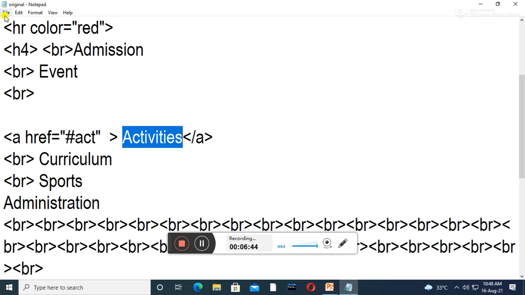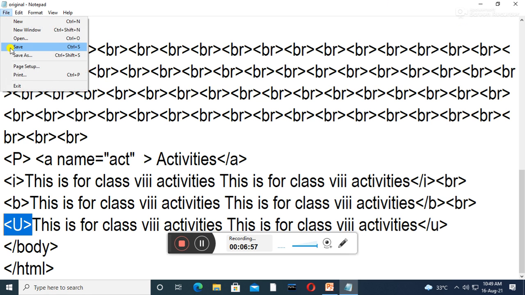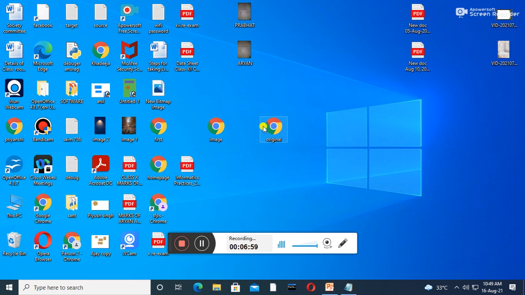After that you need to save your file. I have written only general tags, the I tag, B tag and U tag, meaning italic, bold and underline. Save this file, go to your file and run it.